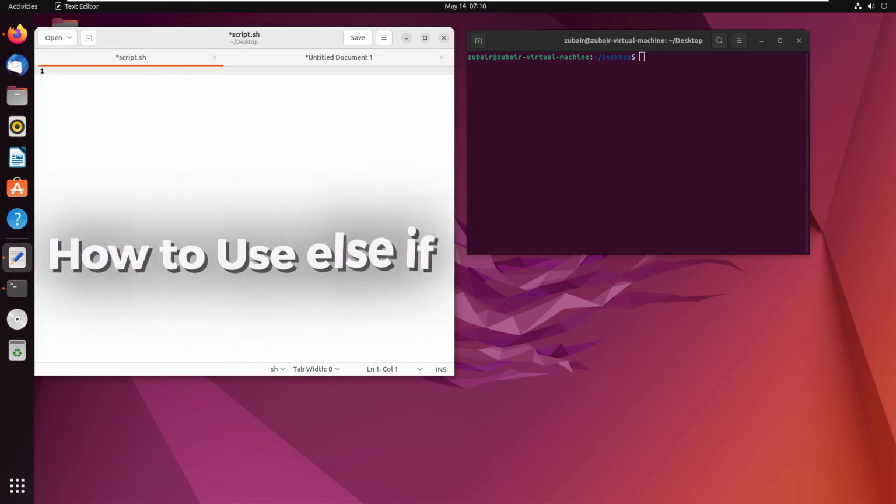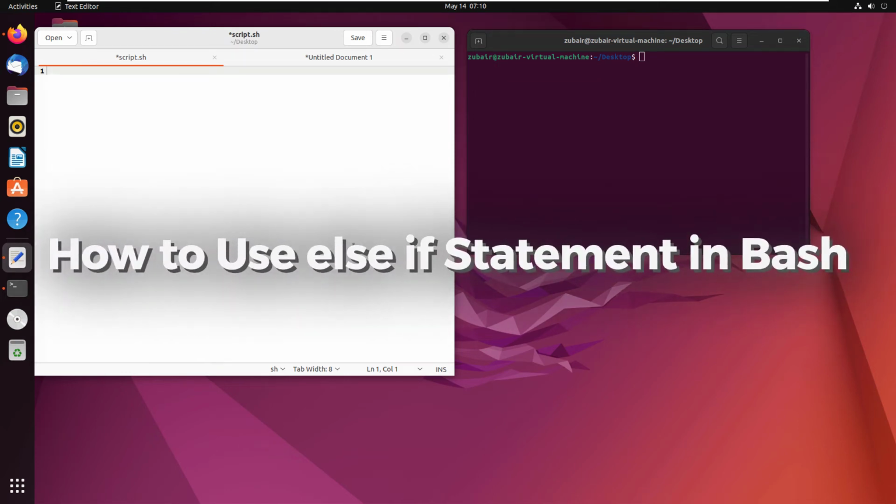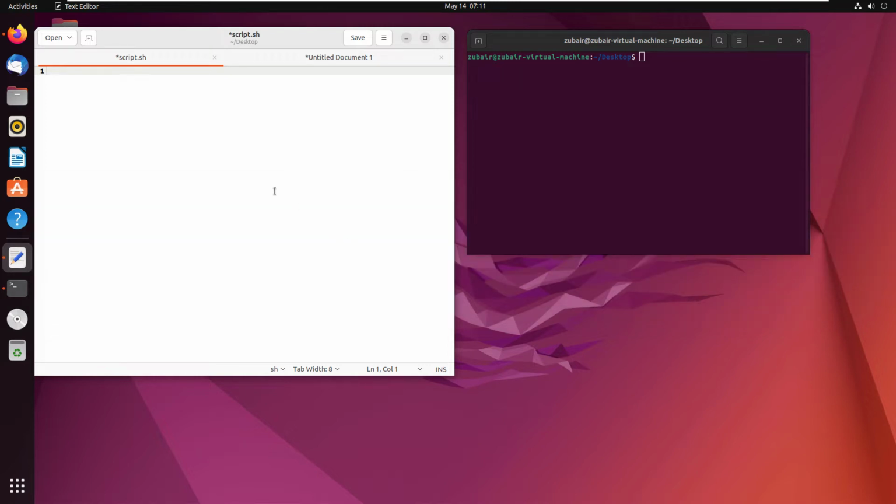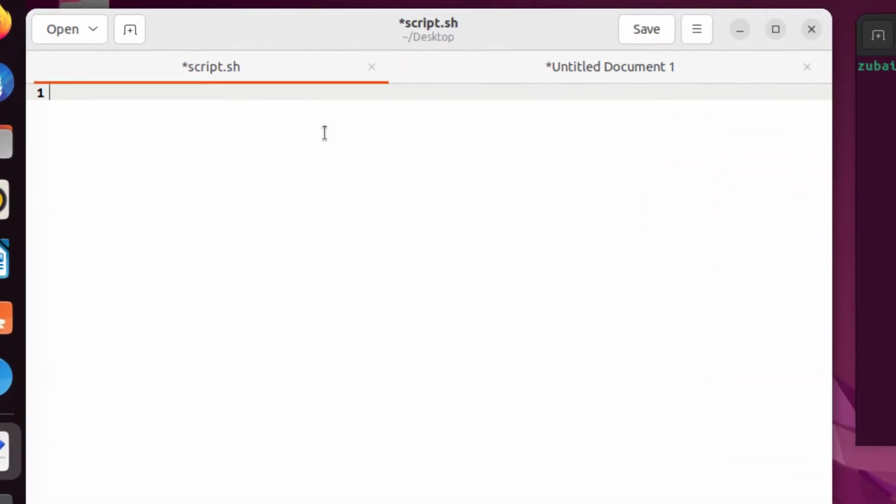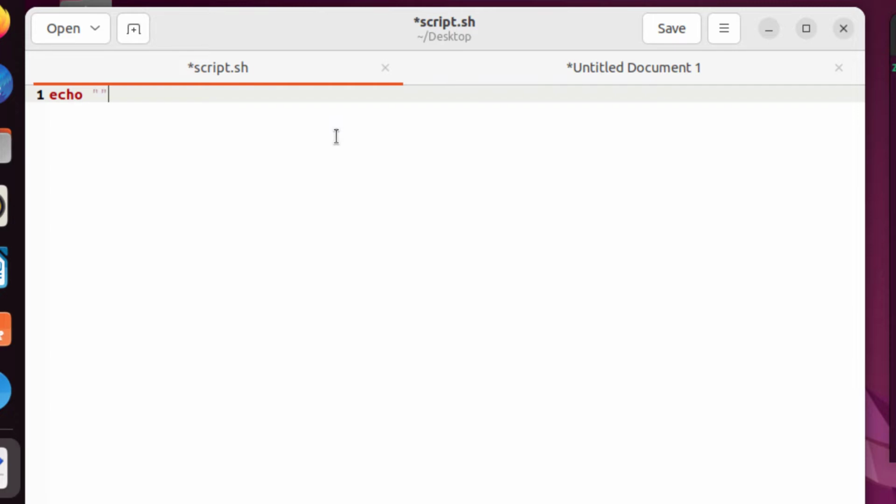Hello everyone. In today's video, we are going to talk about how to use else if statement in Bash. So basically, let's have a game and let's have a small scenario. We will ask the user to guess the number between the range of 1 to 10. So for that purpose, I will print a message in here that will say the user to enter a number